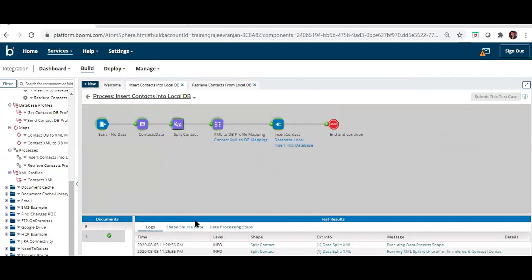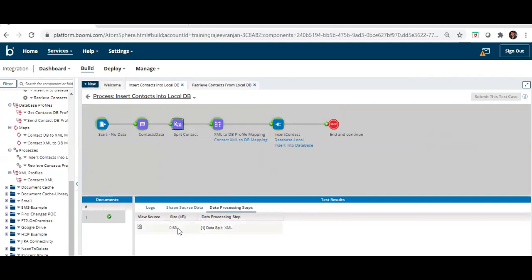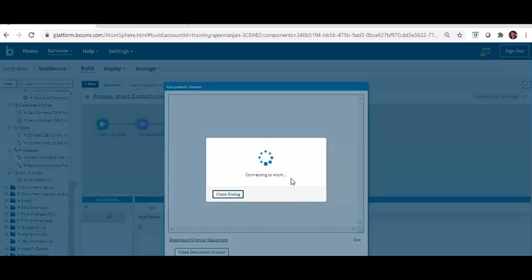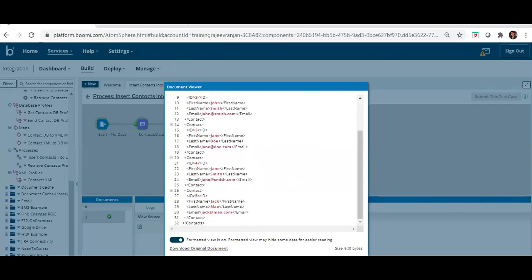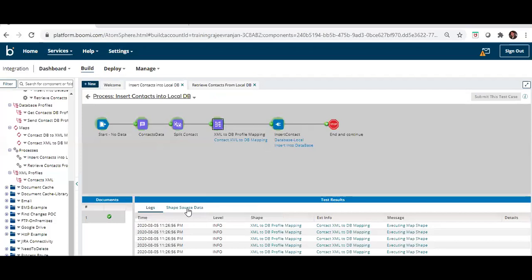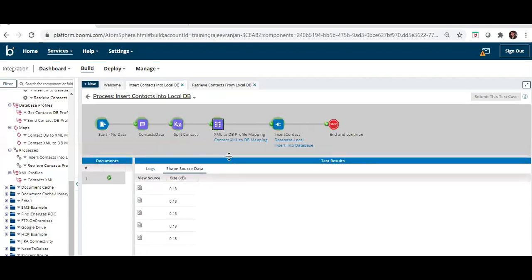If you see here, yes, the input for this split is, if you see, you can see here the 5 contact elements are there. But after this, let's see what output it has given. If you see, there are 5 contacts. You can see 1, 2, 3, 4, 5. So that has been split into the 5.